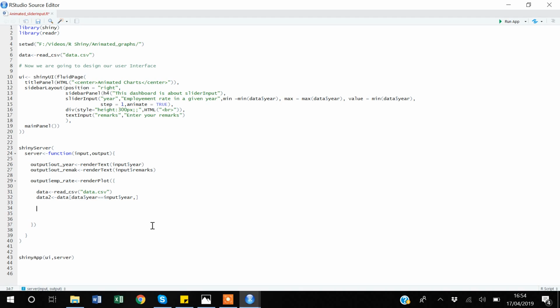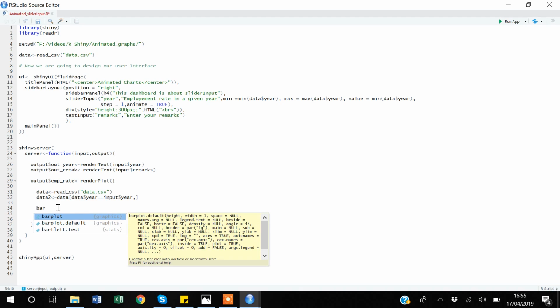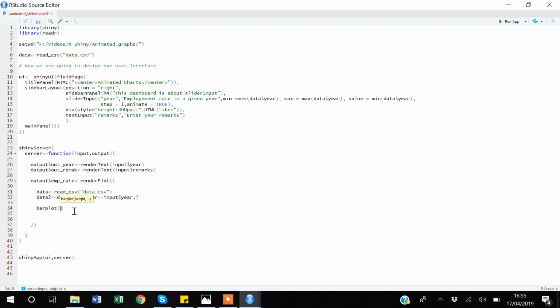And now I will just simply create my bar plot. So I will bring bar plot. Actually this bar plot will be captured under the output object, which is emp_rate. So I will say emp_rate, and then I will mention my variable for the height of this bar, which will be based on